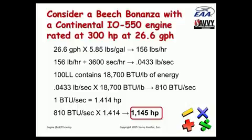So if we're burning 0.0433 pounds per second, we multiply it by 18,700 BTUs per pound, we find that the engine is consuming 810 BTUs worth of energy per second. Now, 1 BTU per second is equivalent to 1.4 horsepower roughly. So 810 BTUs per second is the equivalent of